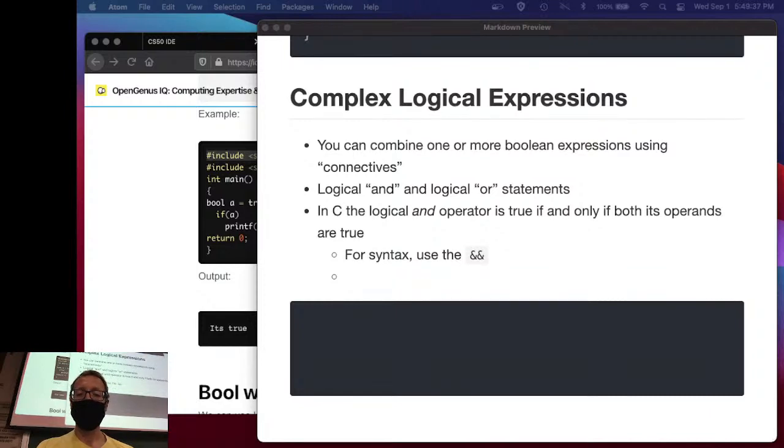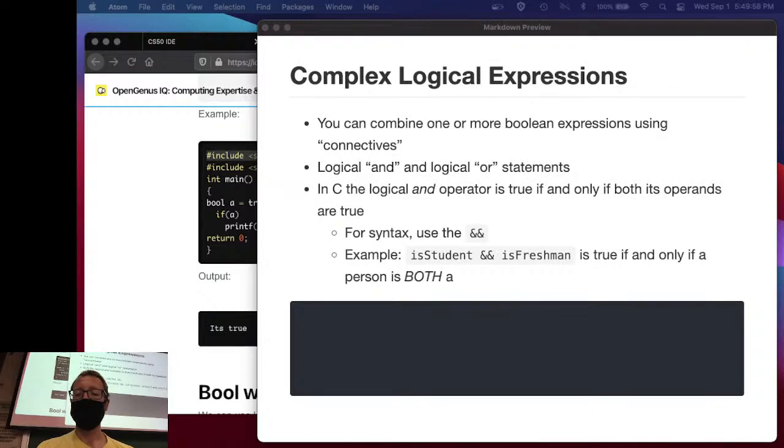All right? So example, right? If I have two Boolean variables, is student ampersand ampersand is freshman, right? When is that true? It is true if and only if a person is both a student and a freshman. I guess being a freshman implies that you're a student, so it's kind of superfluous, but whatever. That's an example, right? It's false when